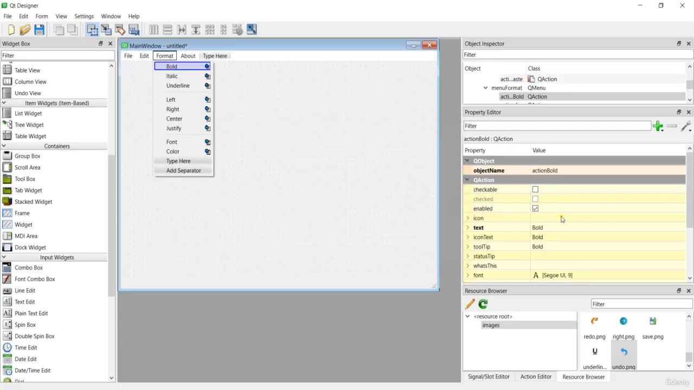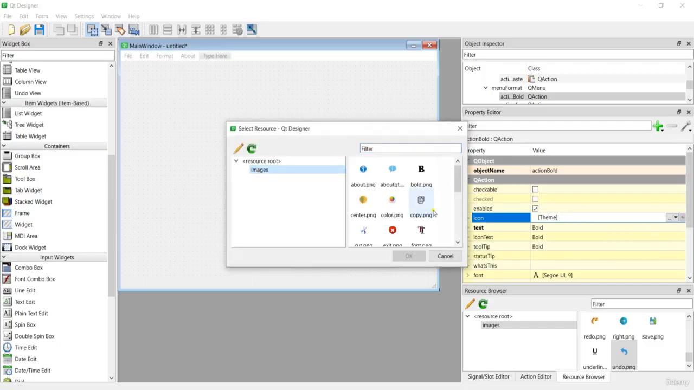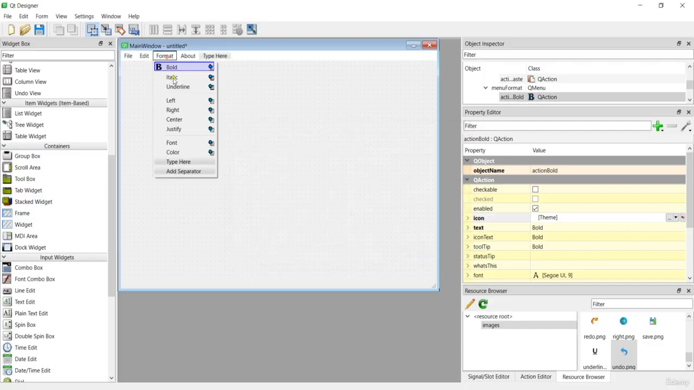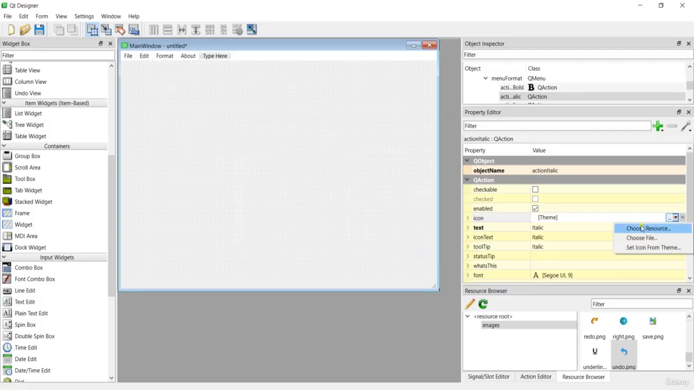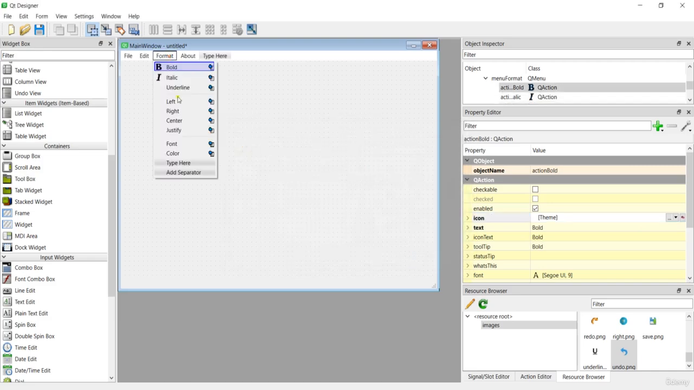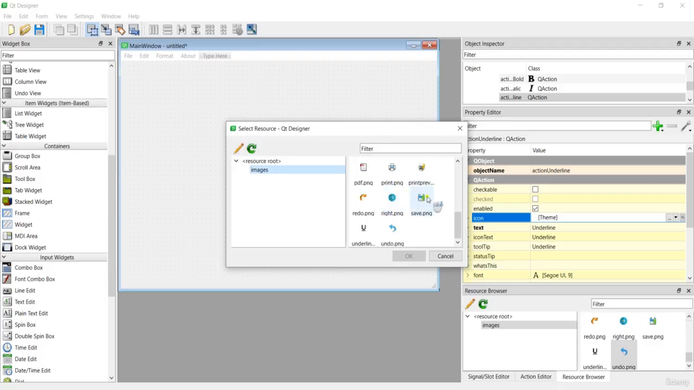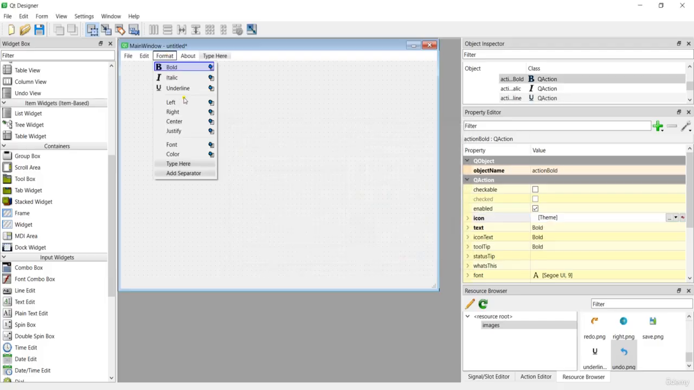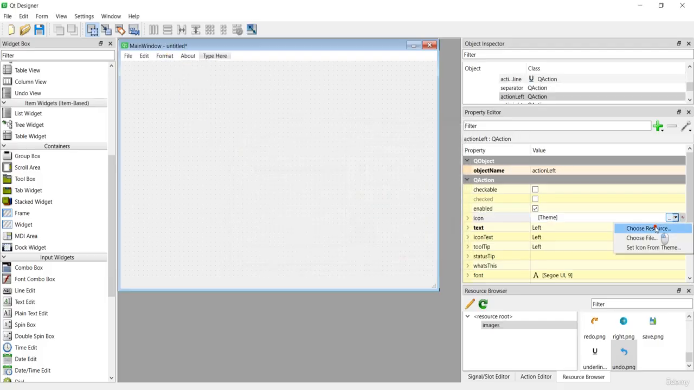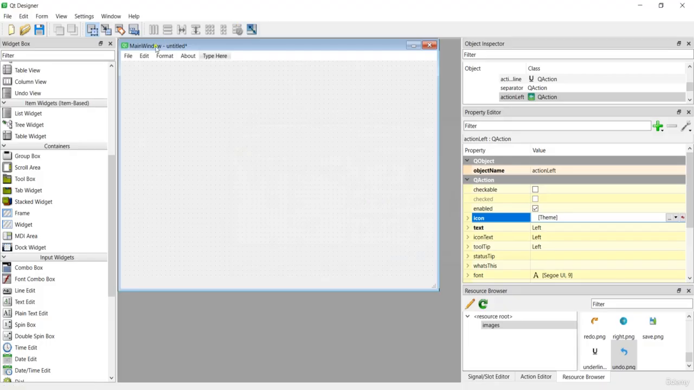For the format we have bold, and I can go to the resources, bold.png. We have, choose resources, and it is italic, and also underline like this. We have left, choose resources, images, left.png, and